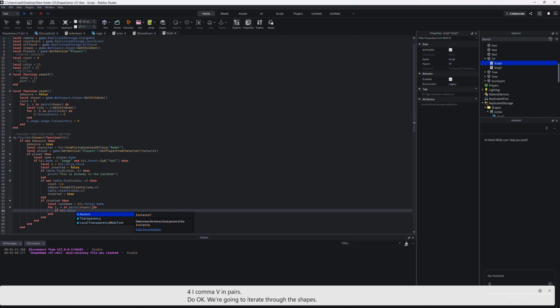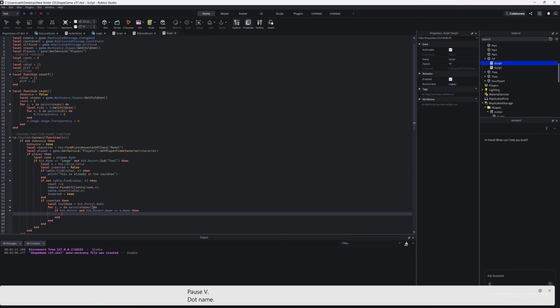If hit.parent and hit.parent.name equals v.name, then run this code. Local plight equals Instance.new